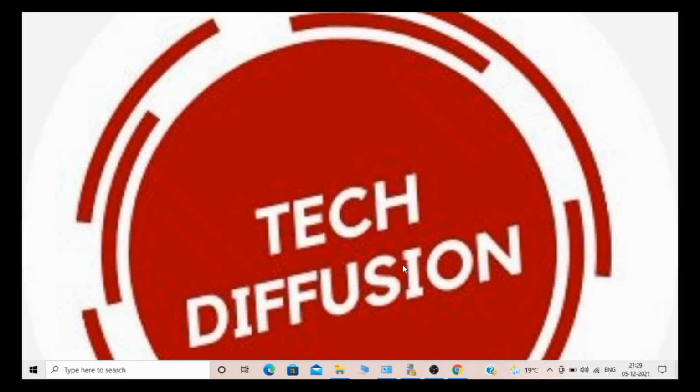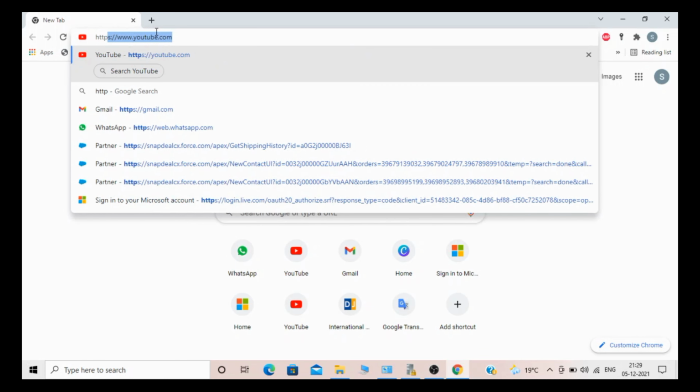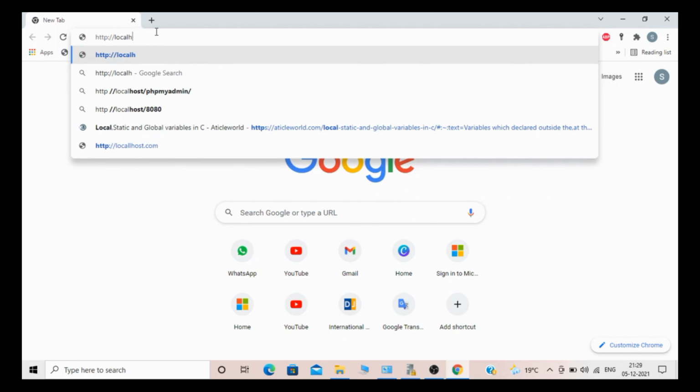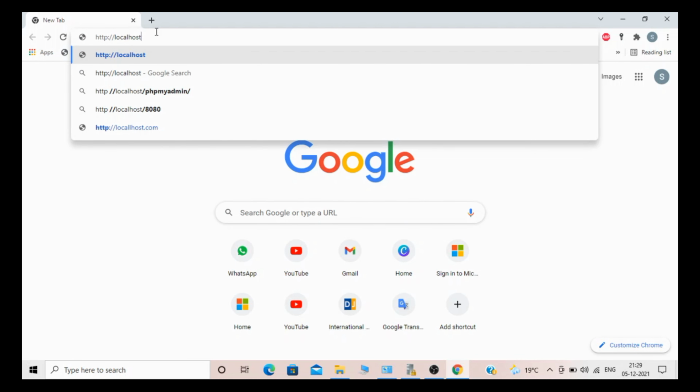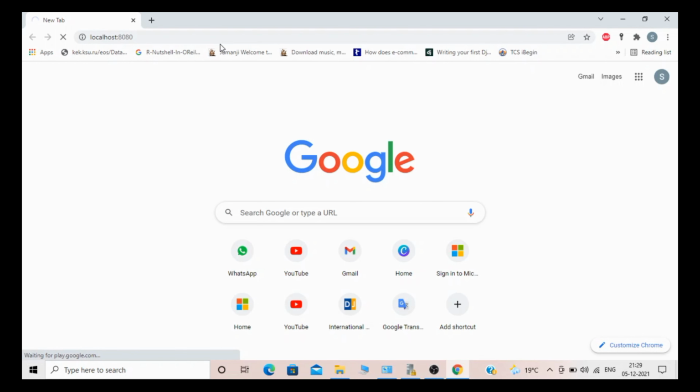Once you finish, go to your Chrome browser and type http colon slash slash localhost, as we installed our Jenkins on port 8080. Then click on this and just wait for it to open.